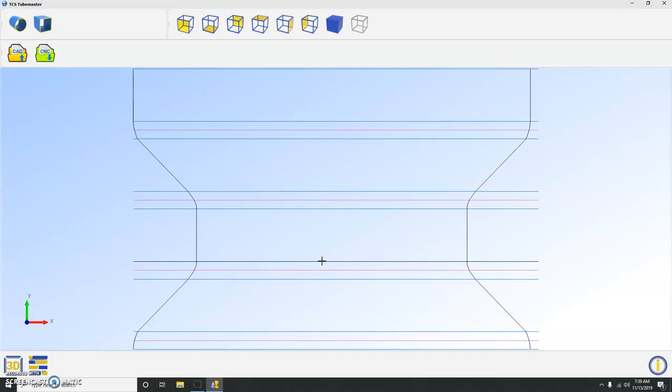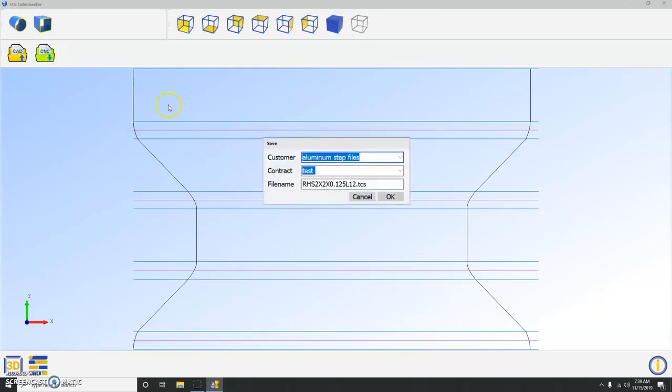Once we're at the flat pattern, everything from this point forward is exactly the same whether you use the 3D step file or not. So the next step would be to take our flat pattern that we've created and save that. So we can do different contract customer names and then contracts. All of these are located in the